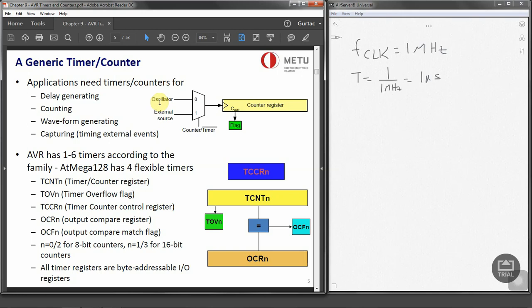So if we want to have a time delay of 100 microseconds, that means we should clear the counter and wait until the register becomes 100. As this is 1 microsecond per tick, we need the register to become 100. So that 100 times 1 microsecond will give us a 100 microsecond delay. The second method,